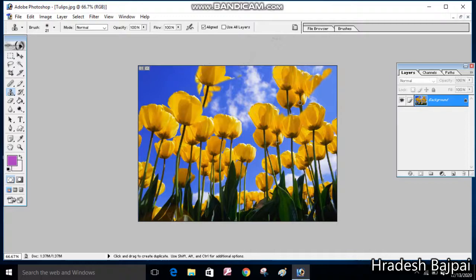Okay, now let me show you another tool, which is the second option in this clone stamp tool, the pattern stamp tool. By choosing this tool you can fill a pattern in the image. So for this, first what you can do, you can select